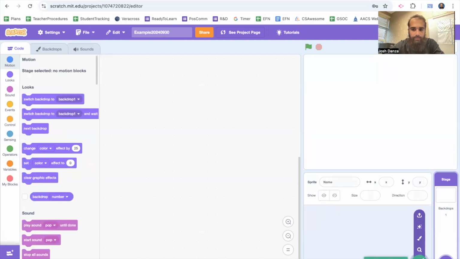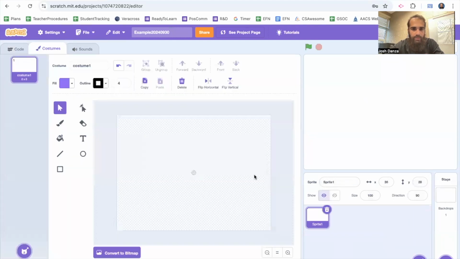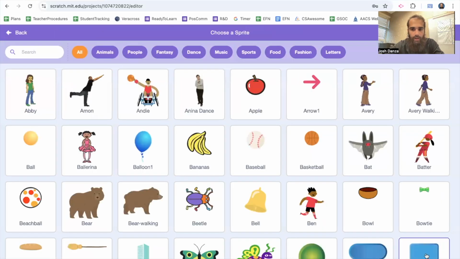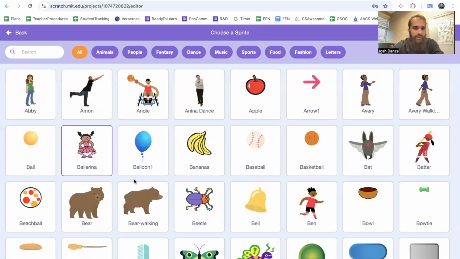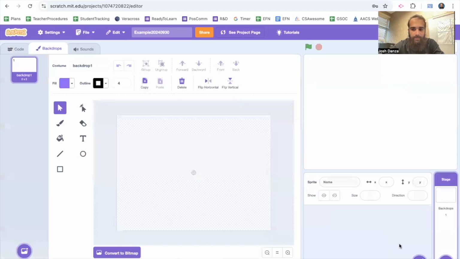Okay. If I wanted to add a sprite, I click down here where it says choose a sprite. I could create my own sprite by clicking on paint and drawing something of my own. I could click here and upload one of these really outdated looking objects. Or what I could do is go online